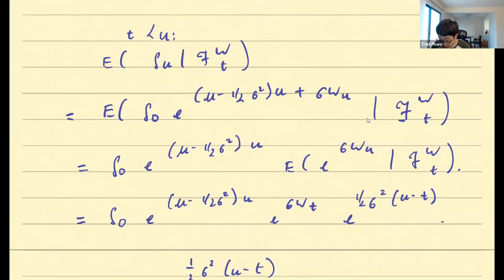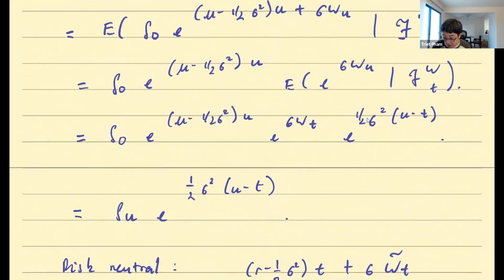I did not intentionally write something nonsense. It's just I was confused between the U notation and T notation. So here it should be WT instead of WU. Is that okay? It should be WT instead of WU. So in fact, what happens is it comes out very nicely because you see this cancel with this, and then this goes with this.